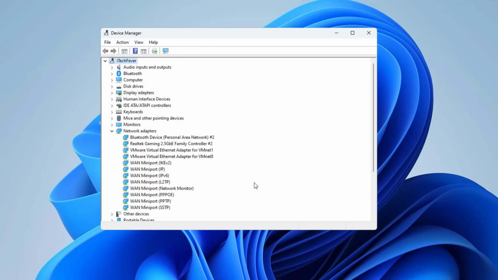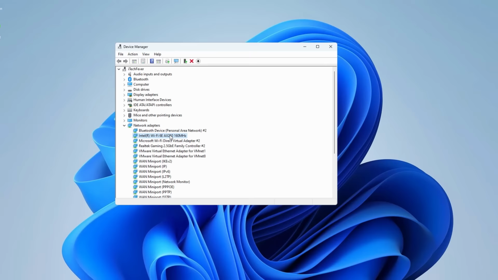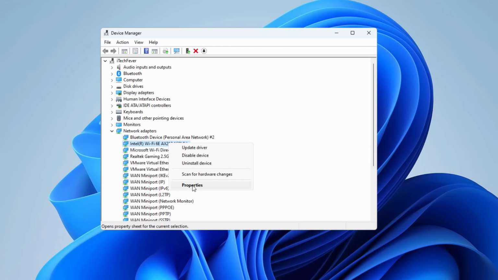Once you restart it, it will auto install the driver and check if the internet is working, Wi-Fi is working or not. If not, come back to that Device Manager again, right click on your network adapter, go to properties